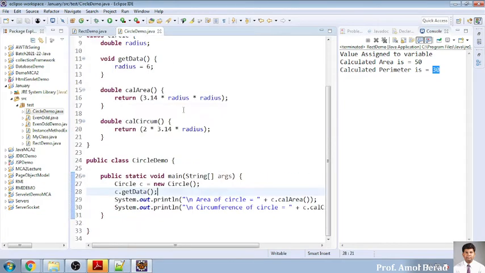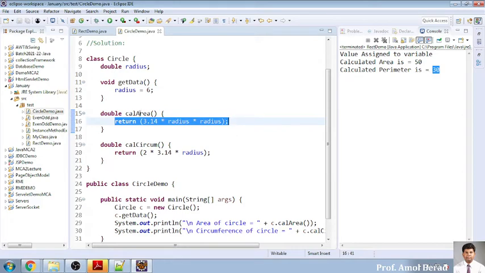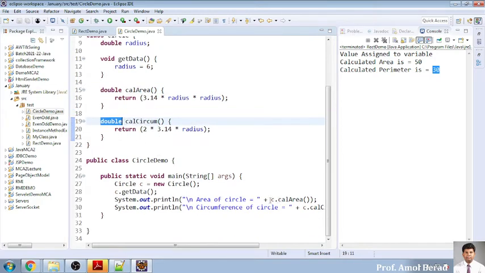But in this example we are returning the values, that's why the return type is double. Means I am calculating some operations and I am using the return keyword. If I am saying return keyword, it means it should be returning some value from this one. So no output will be displayed, but it will be returned. So what is returning? It is calculating double with an integer number, so double into integer will be returning the upper data type, double. So it will be returning, and this can be caught directly in the system.out.